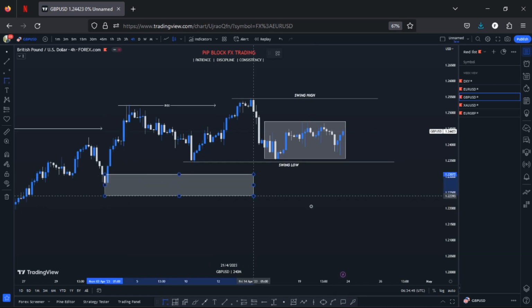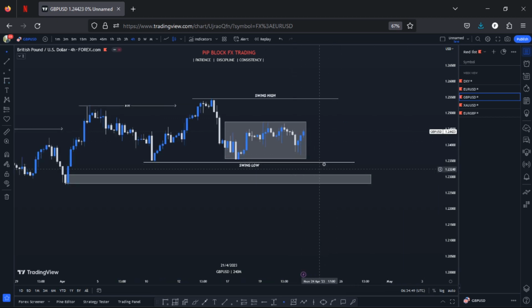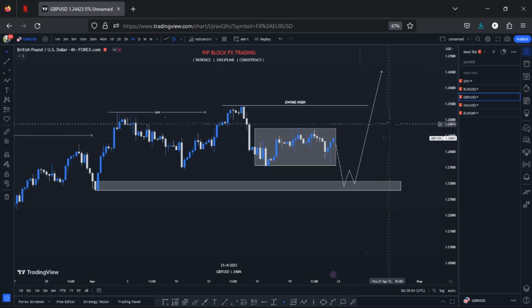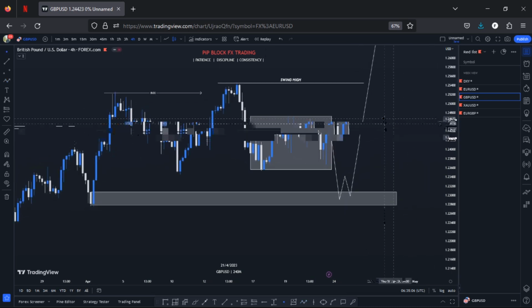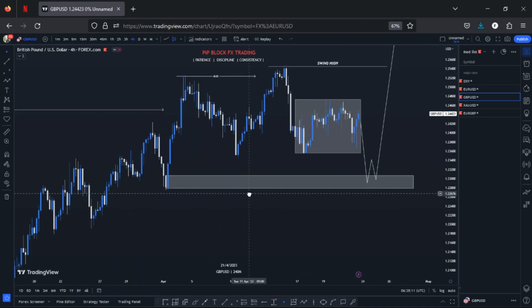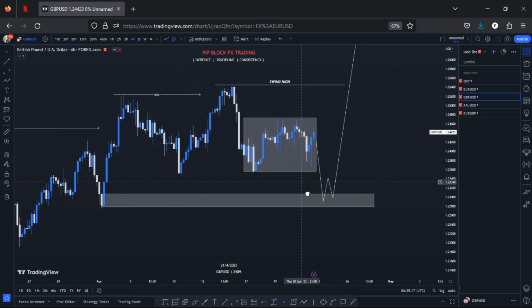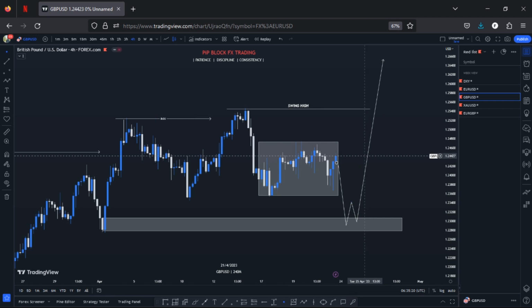So I have my very nice zone right here that I'm expecting the market to trade into. Then I look for longs in the market. I'm going to be expecting the market to give me some confirmation for a buy right here, then I'll take my buys on this pair. So that's what I'll be expecting for this pair for this coming week. Even though we have some other zones down there, there's a current zone I have here, so I'm going to concentrate on this.